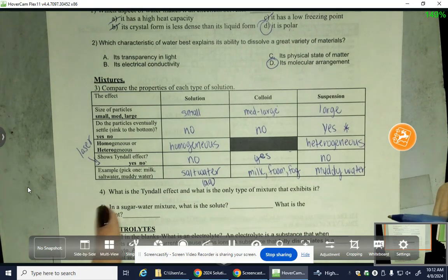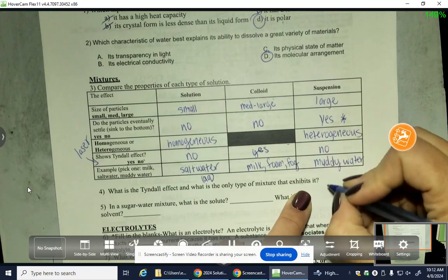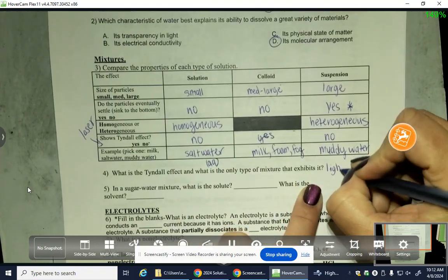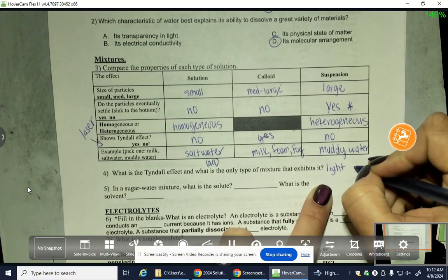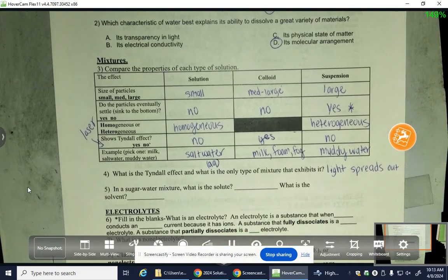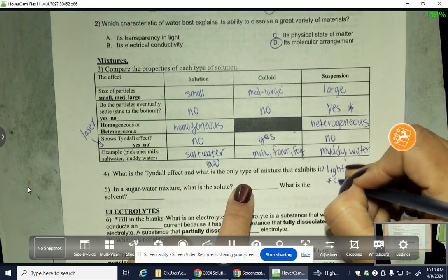All right. So what is the Tyndall effect, and what is the only type of mixture that exhibits it? Tyndall effect is when light spreads out. Okay. So it's the ability of causing light to spread out. All right, so I showed you guys with a laser beam, and a laser is a very focused light beam, and so the fact that it would spread means that it was hitting enough particles, okay? And so remember that the only type of mixture would be colloid,